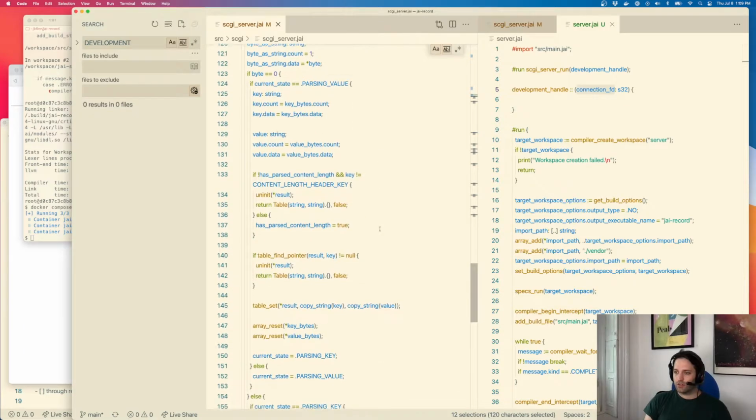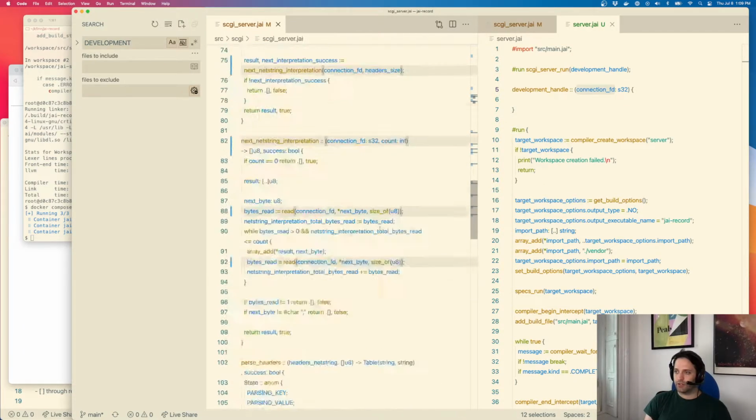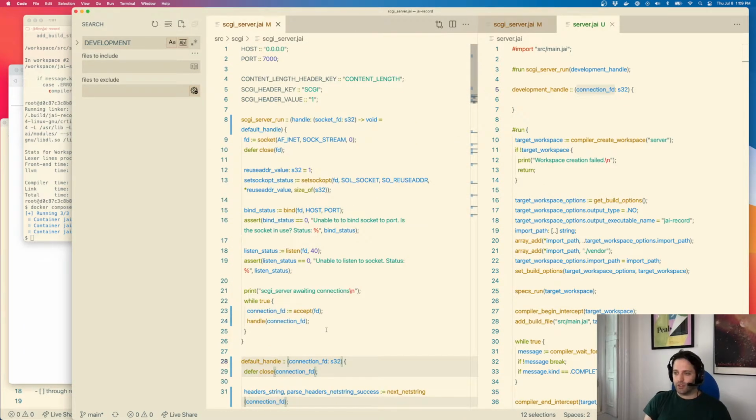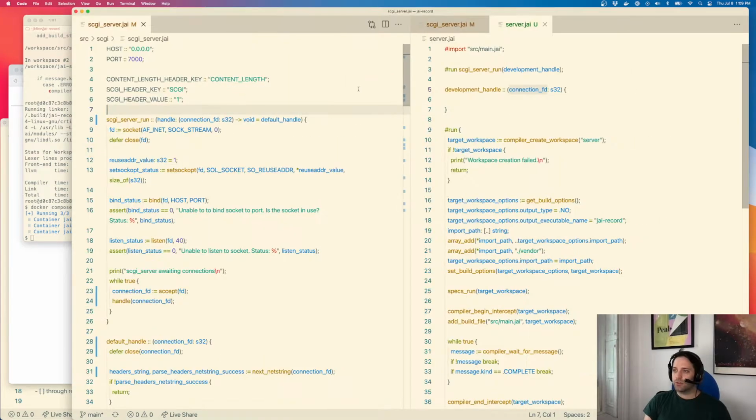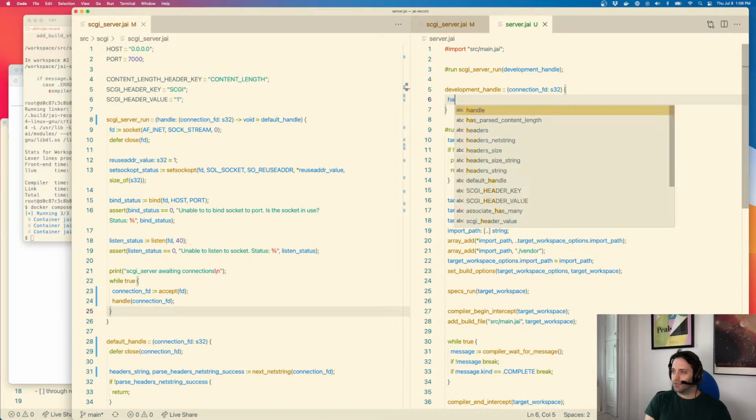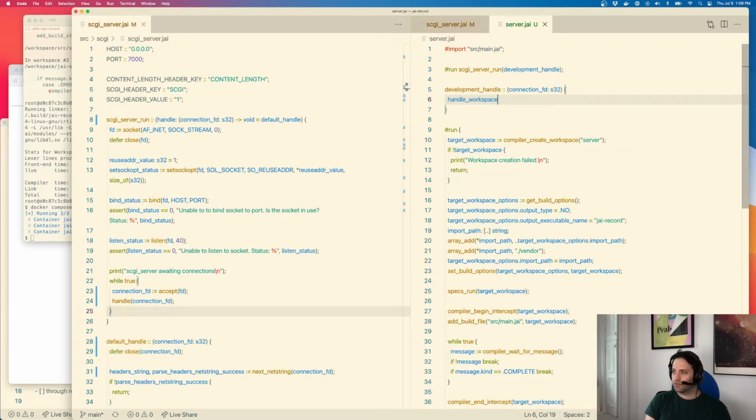I feel like clarifying that this is a string. So this is just an int file descriptor, which makes me feel a little bit better. Okay, great. Get that out of there. Okay, so development handle, now here's where we create a new workspace, right? So let's do handle workspace, compiler, create workspace of,